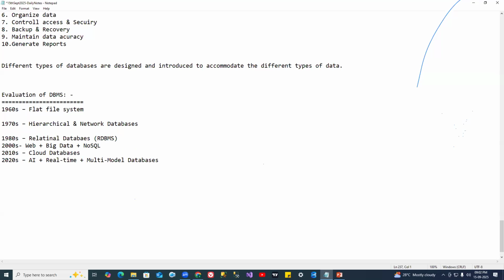In the 1970s, hierarchical and network databases came into the market. Here data is stored like a tree, and it maintains a parent-child relationship. IBM IMS, IBM's Information Management System, which I already told you about, is a popular example for hierarchical and